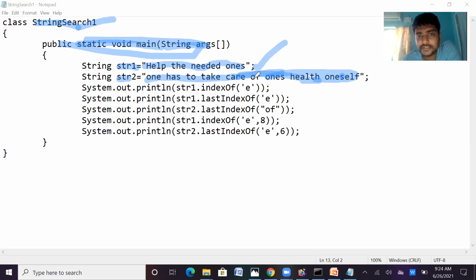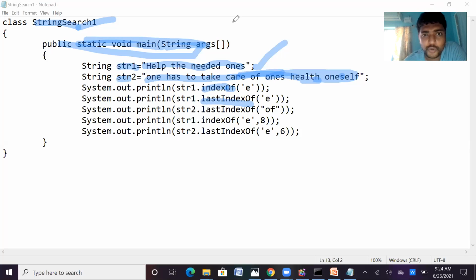By using these two strings, I am going to implement the index of and last index of methods, to identify the usage. str1.indexOf('E'): we are searching for the character E, the position of the character E in the string str1.